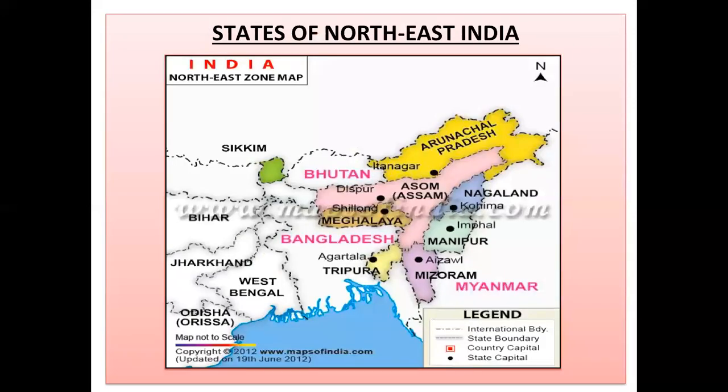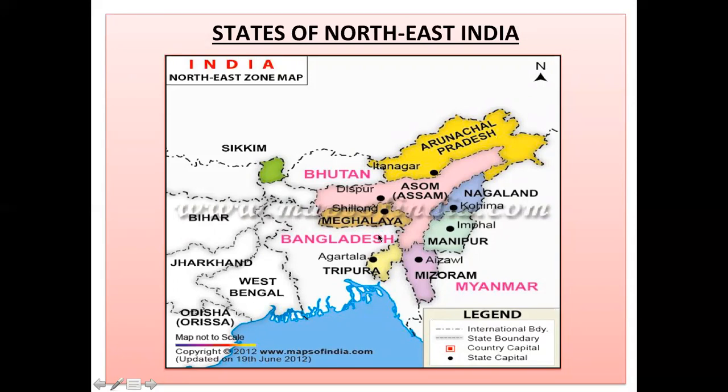Then let's go to Northeast India, the states of Northeast India. So these are also called the seven sisters. By this name, if you remember, children, it is easy for you to remember all the seven states. So the first one, let's see where it is. Arunachal Pradesh, okay, Assam,